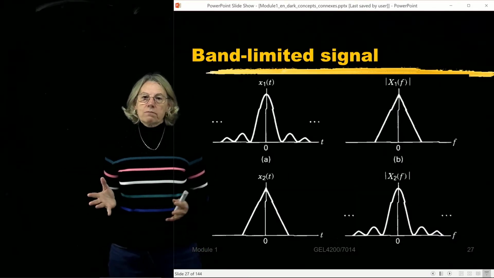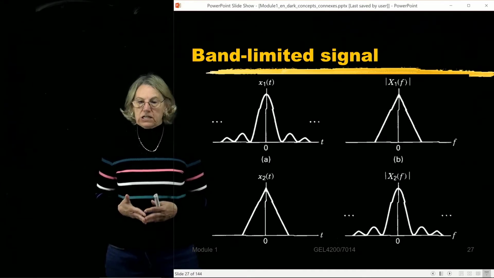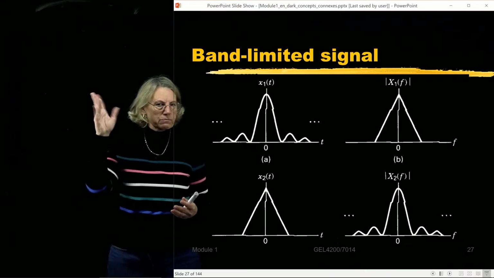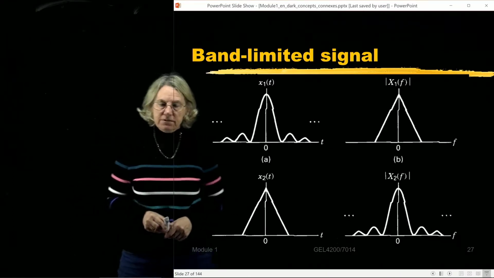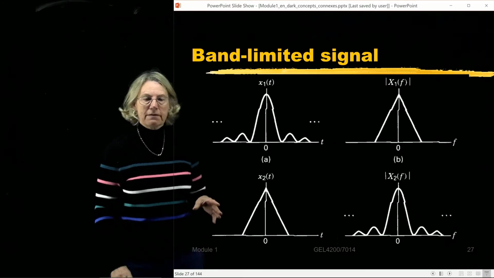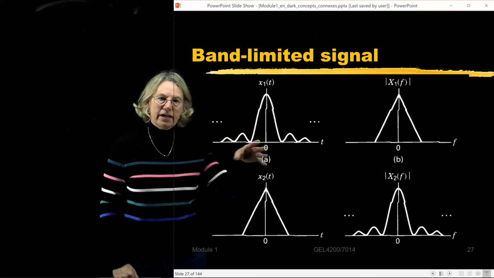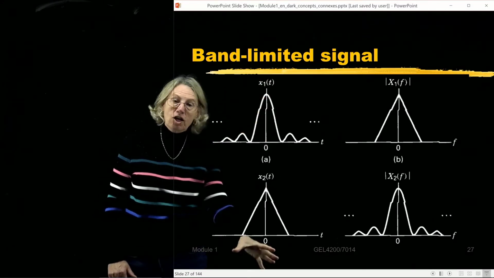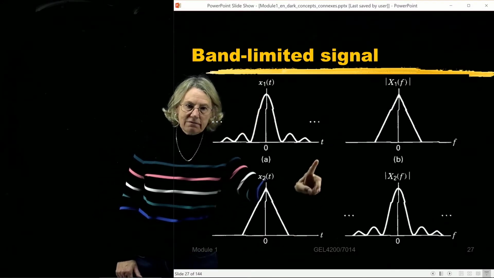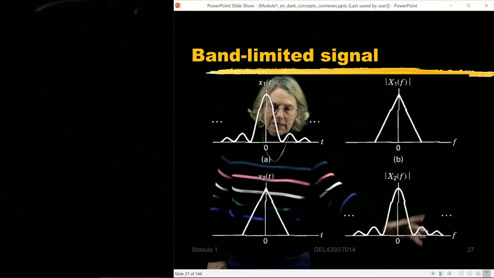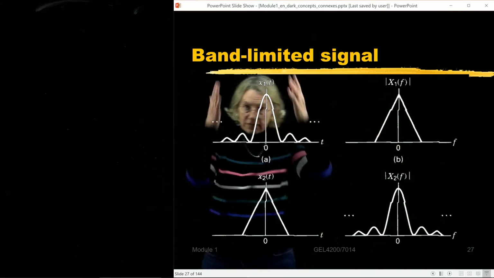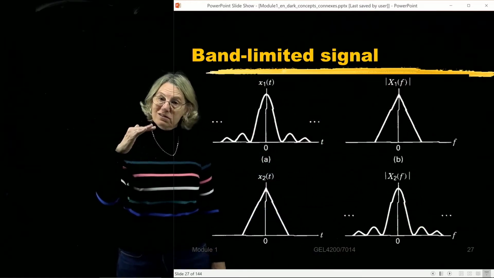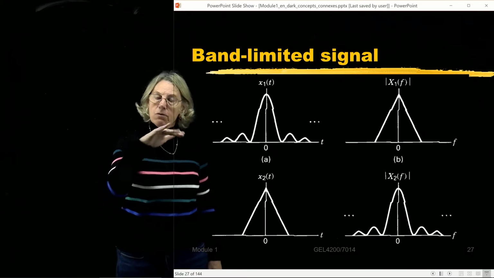So first let's talk about band limited, and I'm going to talk about signals. And this is just a definition. I ran through it briefly in the definition of linear systems, but now let's take a little bit more time to think about it. So what we have here is two examples. In column 1, I'm always looking at the time domain, and in column 2, the frequency domain. But now I have rows, and in the rows, there are different examples. So let's start with the first row.